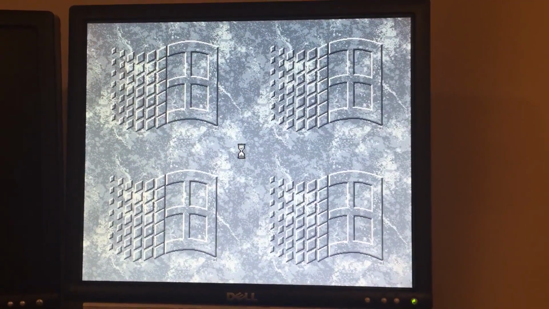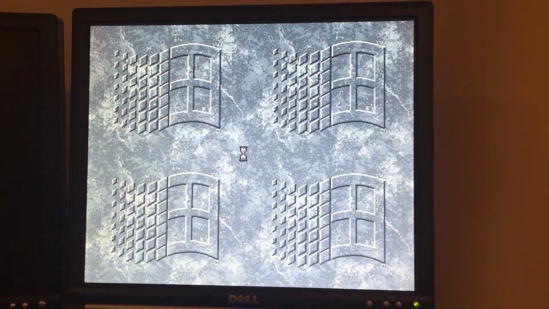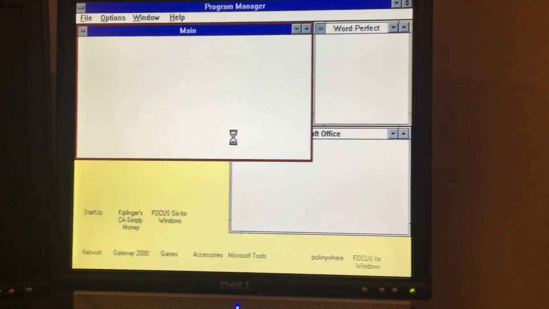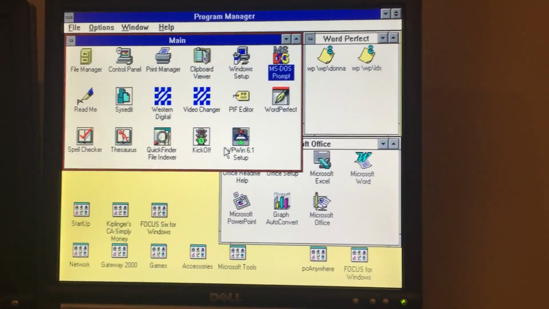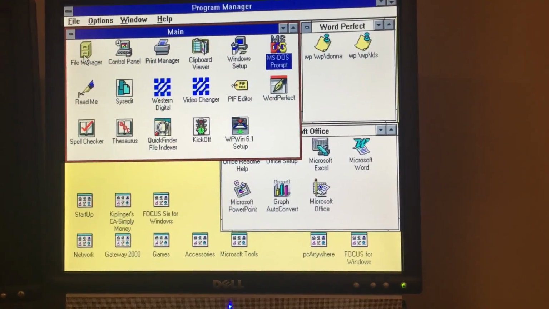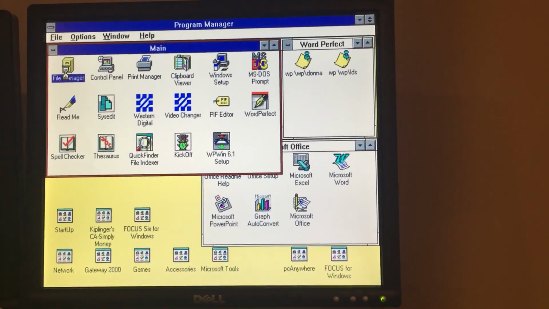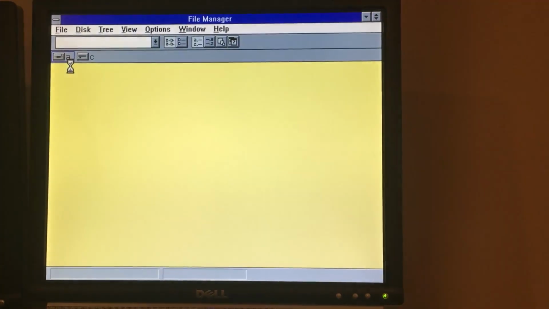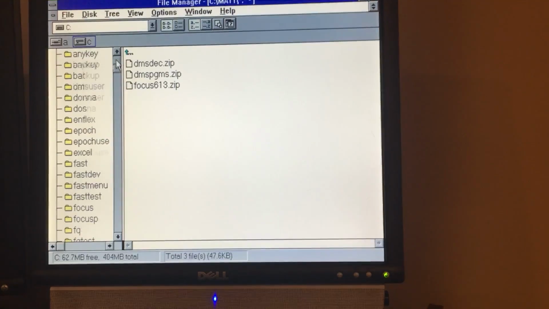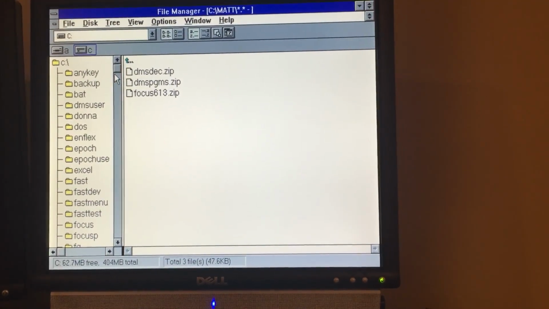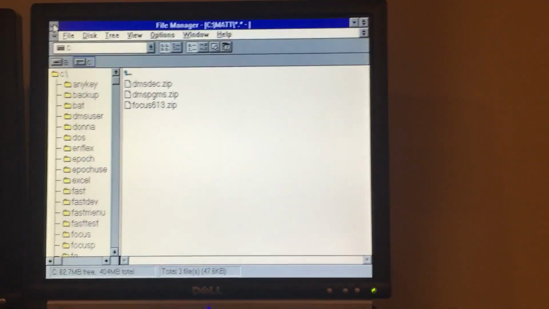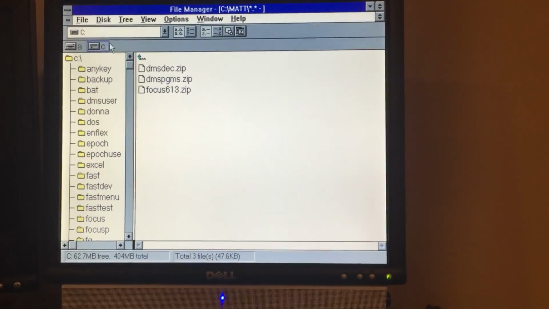Back then, there was no start menu. It was basically the program manager. So this is where you would have all your applications and stuff here. So like this would be your, back then this was the file manager in Windows 3.1. In Windows 10 and XP and 7, it's the Windows File Explorer. So you can see back then it's very similar,